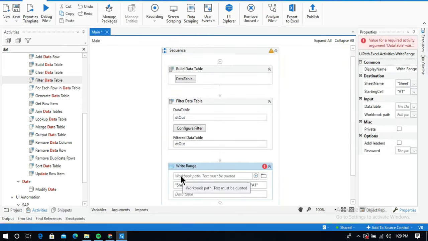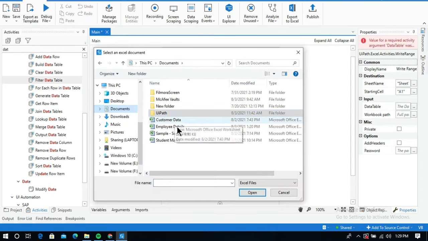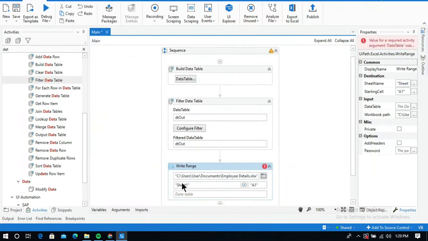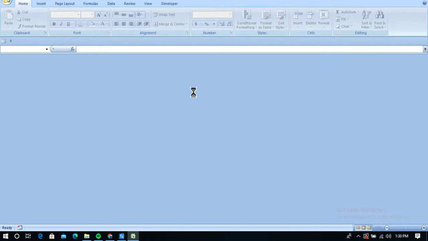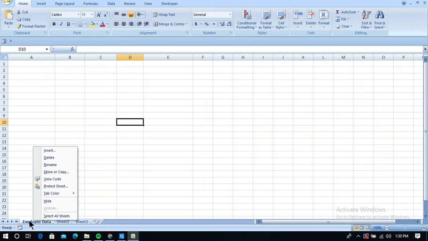I need to provide the workbook path. Let me click on this folder icon. This Employee Details Excel file is one I have created already, and it is an empty Excel sheet. Let me select this one, and I need to give the sheet name exactly. So I will copy the sheet name from this workbook. Look, this is an empty Excel sheet, and its sheet name is employee data.